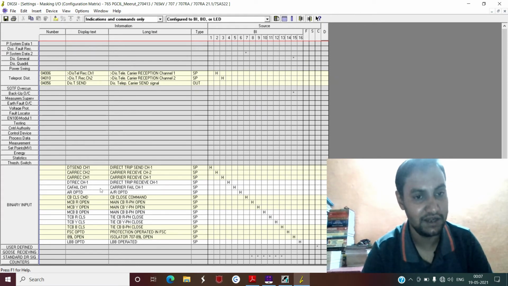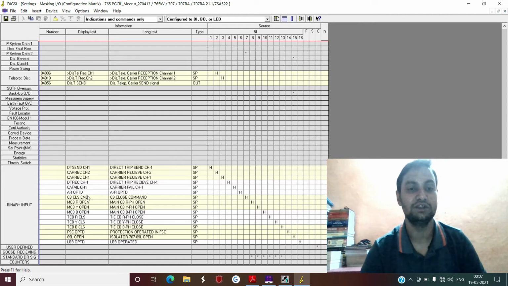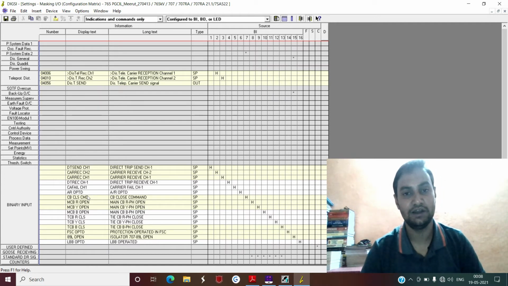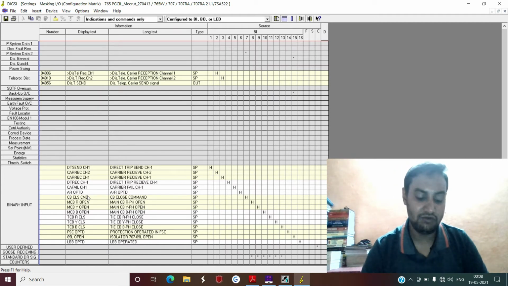Generally, you can create any number of manual binary input signals and binary output signals, but those signals cannot be used directly in the inbuilt internal functionalities of the relay. So if you want to use those signals in the internal functions, then you have to route those signals either through the CFC logic or directly to the internal inbuilt signals.